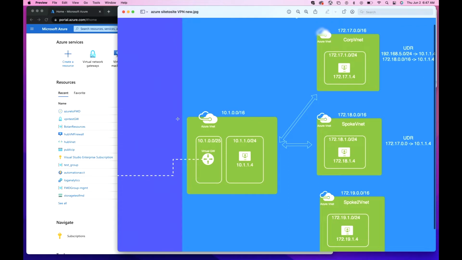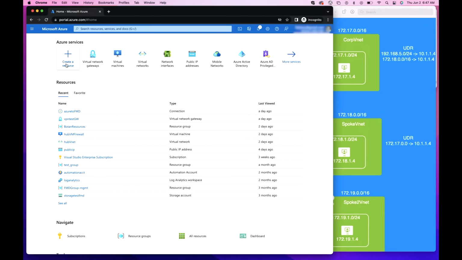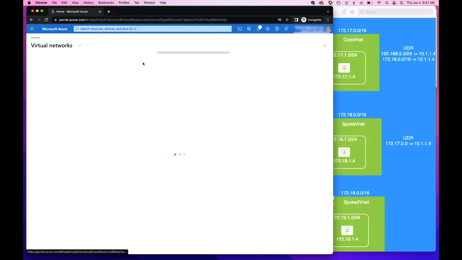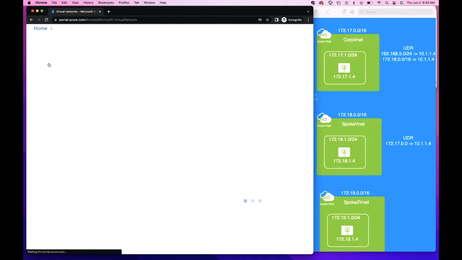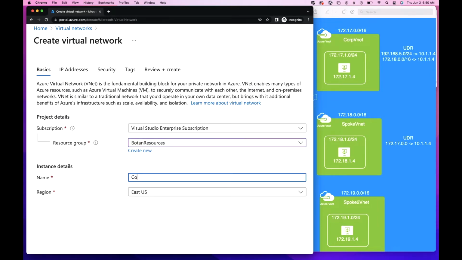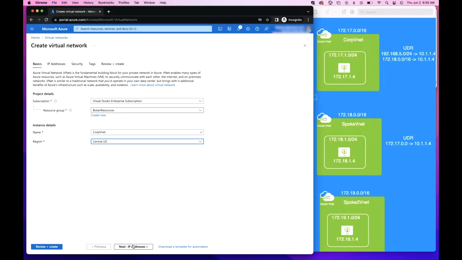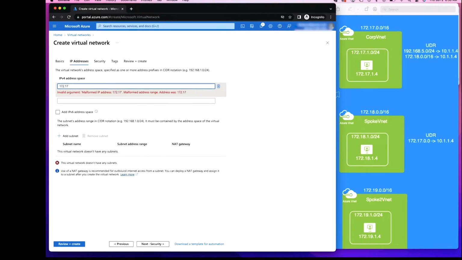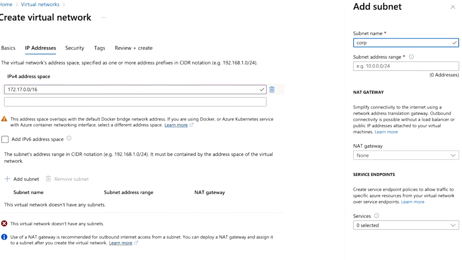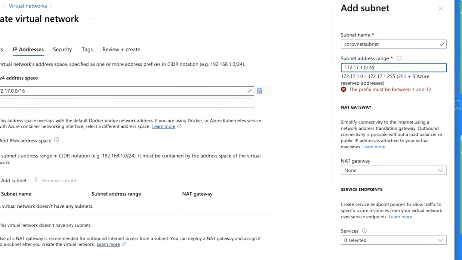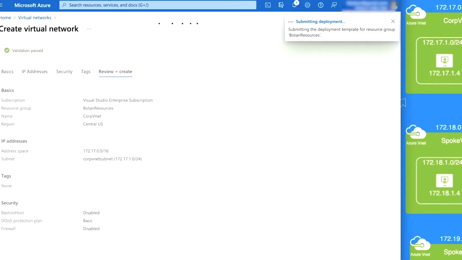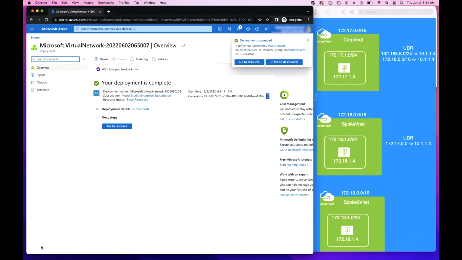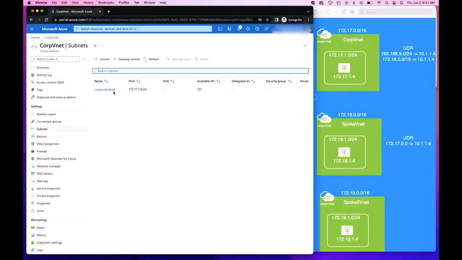Let's set up the corp VNet. So we go back to our portal, virtual networks. So we only have our hub VNet, so we are going to go ahead and click on create. The next thing we're going to do is we are going to continue with our design,